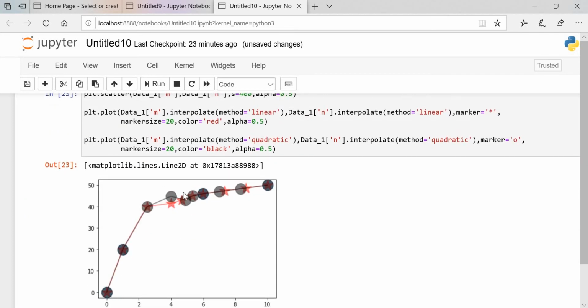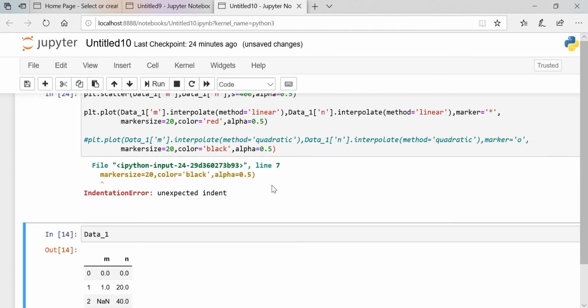You can see here first that this linear method is going in a star. You can see the star marker, so it is going like this now. But in the quadratic, you can see the difference between the linear method and quadratic. This way, this is going like this. The linear method takes the straight line. I will put a comment over here so that you can see.